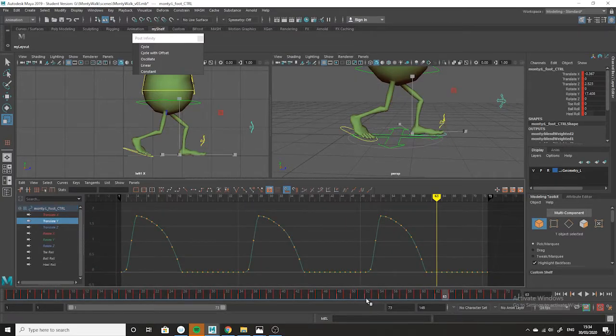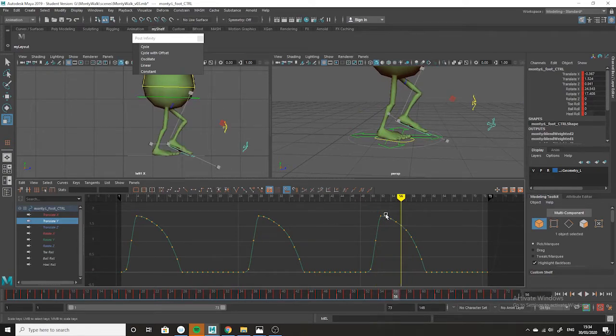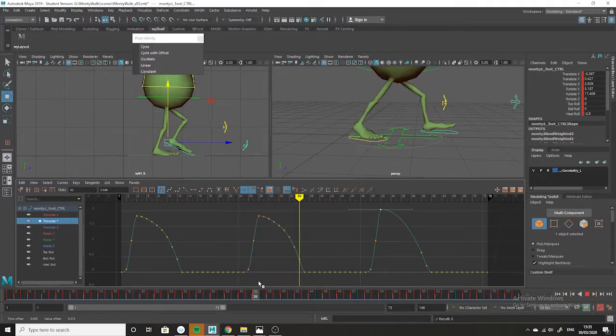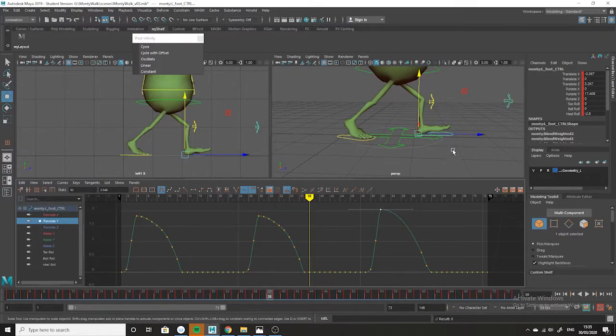I go to translate Y. I could maybe alter the steepness of this. I might get rid of some of these curves, and I might have this going up. I'll use the translate tool. Maybe have this round like this, and push this up a little bit, just so it's slightly different. I might pull this up even further so it's a bit higher, and then go into